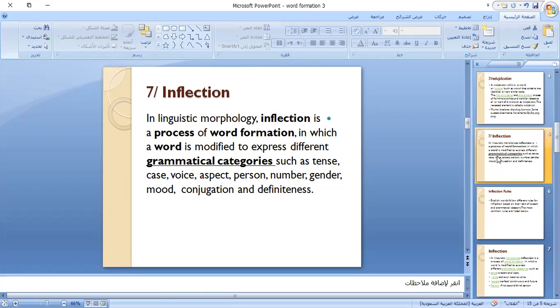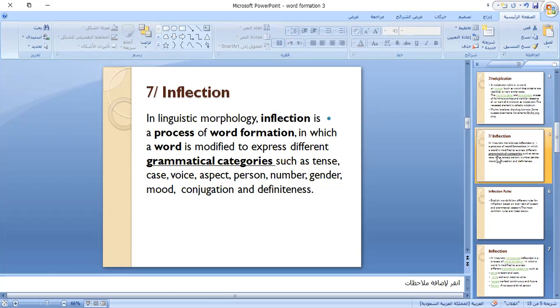You see here, in linguistic morphology, inflection is a process of word formation in which a word is modified, changed a bit, to express different grammatical categories,